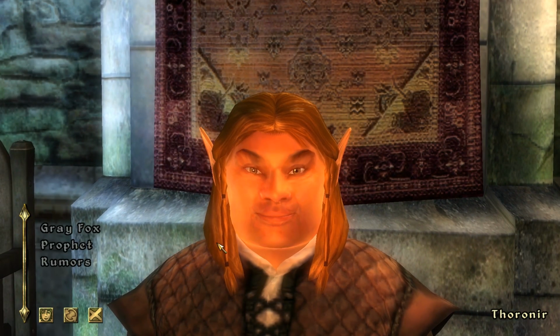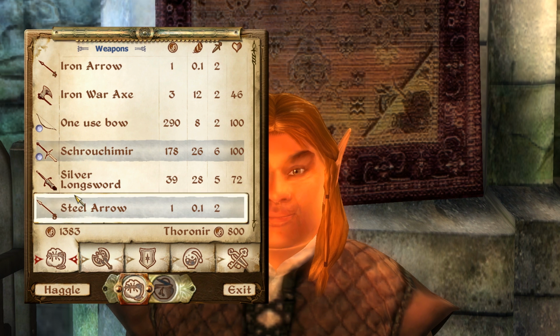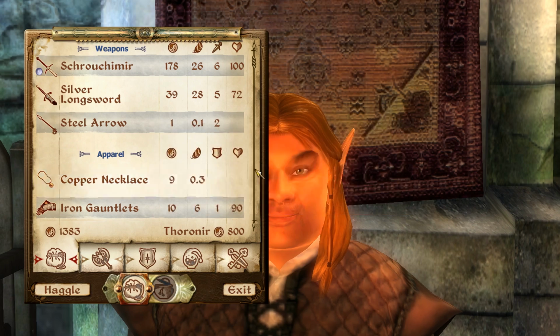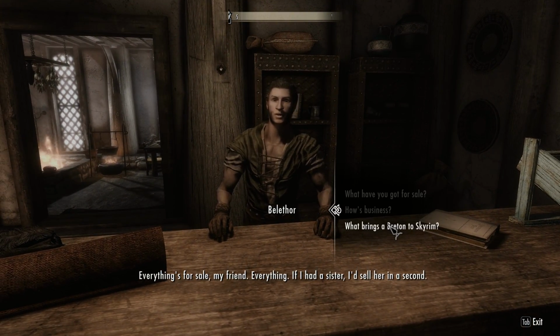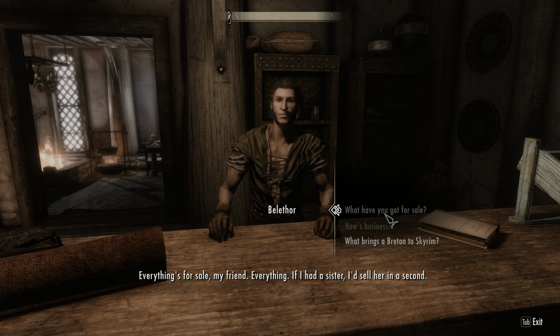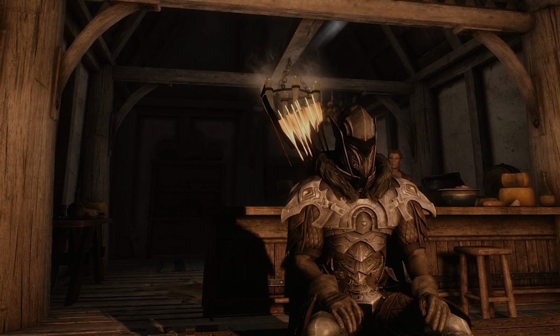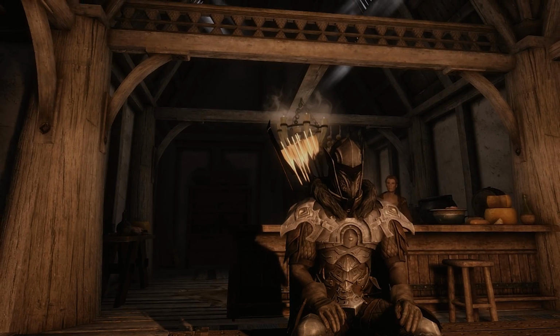In Oblivion there was an attribute called responsibility that determined the lawfulness of NPCs. If merchants had a lower responsibility value, you could sell them all stolen goods. In Skyrim, they removed this system and just made all regular merchants ignore your stolen goods. However, you could get a perk called Fence that allows you to sell stolen items to any merchants you have invested in. That's just one interesting example of this specific mechanic that changed over the years in Elder Scrolls games,